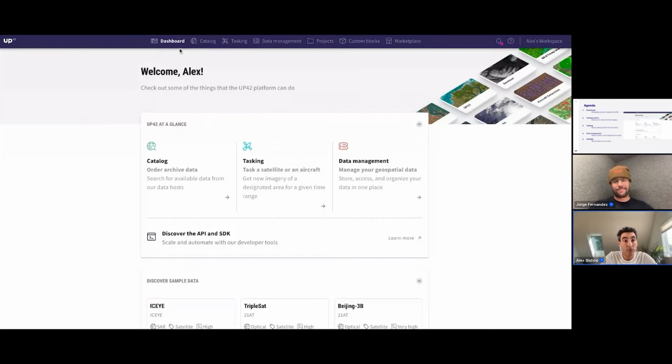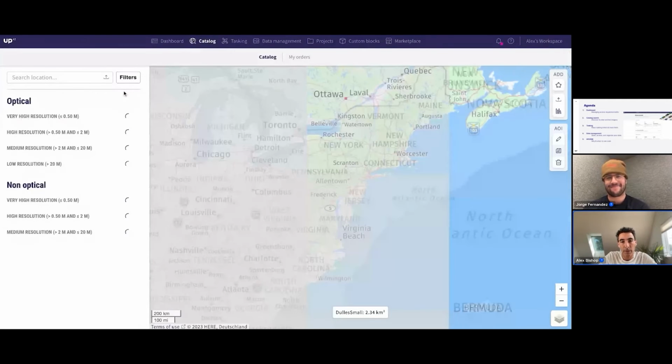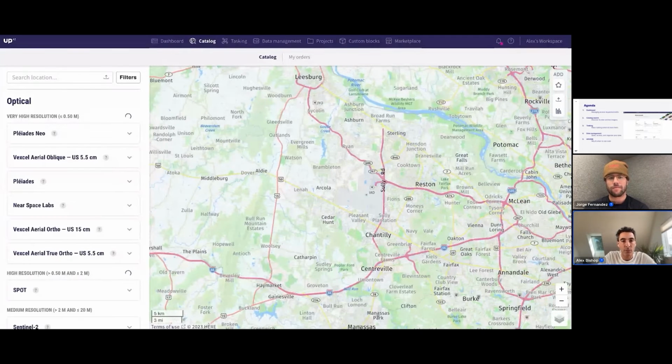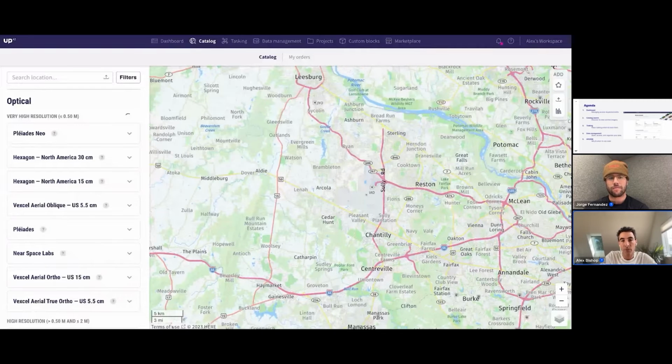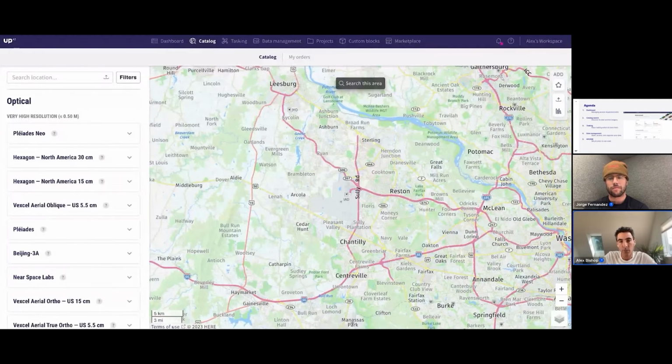Now for the more fun stuff: how do we find data? Well, we have the catalogs tab here. The catalog presents itself with a nice web map type interface. Everything starts with the geometry, not only at UP42, but in remote sensing in general. Geometries define so much of the capabilities that can follow. There are a few ways you can bring geometries into UP42. Of course, you can type in an address up here in the search bar, and